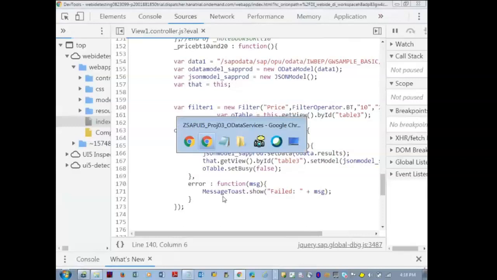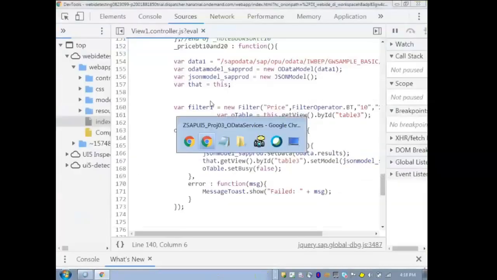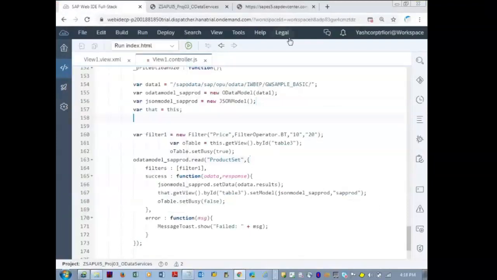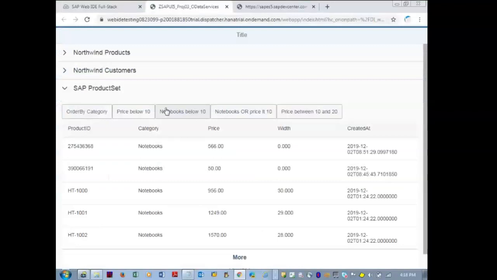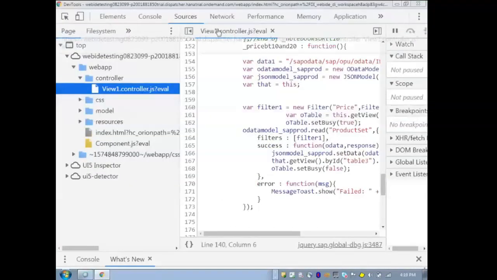So on this browser, when you are seeing the output, right click anywhere and click on inspect to open the browser's console. Please don't click on the web IDE; right click where you don't get it. Somebody is doing it like this; you won't get that output of the console, you get a different one. Here on the left side, lots of folders might be there. Search for the controller, view1.controller.js.